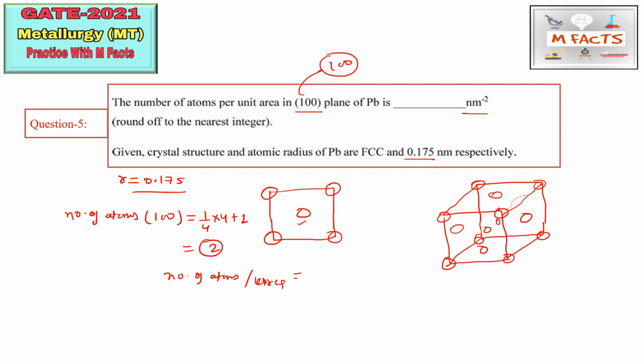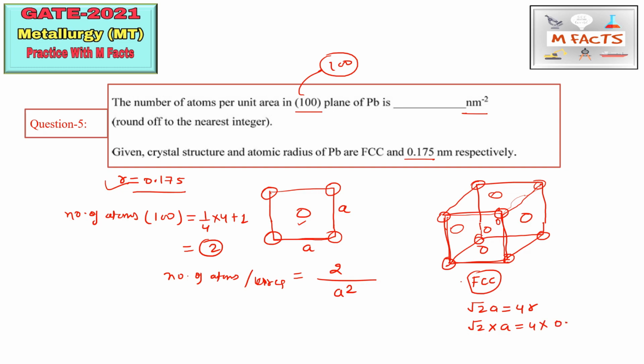Okay, so you divide the number of atoms by the area, and you can find that area by multiplying a by a, because this is basically a square shape. This 100 plane will be of a square shape, so you can divide by that value for finding the number of atoms per unit area. So the number of atoms is 2, and per unit area, a square. Okay, so how can we find the a value? Because this is an FCC structure and we know the relation between radius and the lattice parameter in FCC, that is root 2 a is equal to 4r. So root 2 multiplied by a, you can find the a value from here easily.